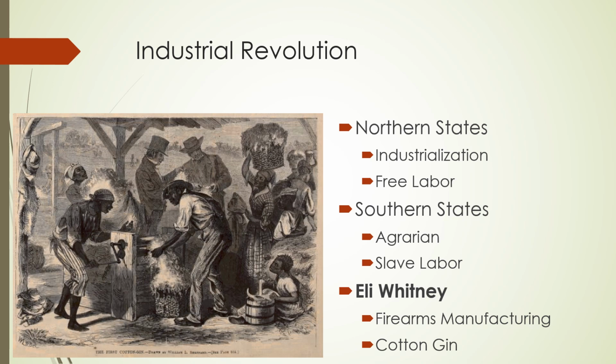Well, because the South is still using human and animal labor, all right, those seeds had to be removed by hand, by a human being picking the seeds out. These are obviously going to be slaves that are doing this. Well, even though you don't pay slaves, there's still a cost of having slaves. Okay, slaves don't get paid a wage, but you do have to buy the slaves. You have to house the slaves. You have to feed the slaves.